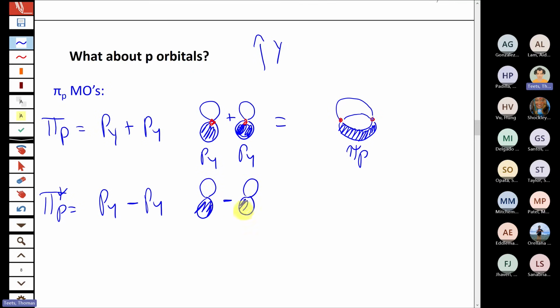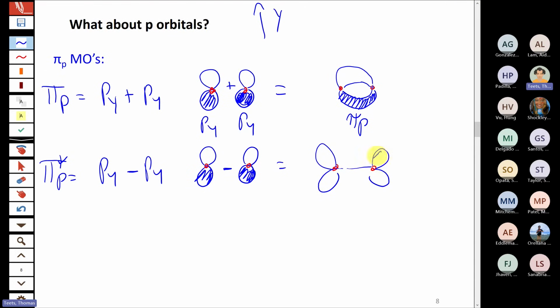When you subtract orbitals mathematically, if you want to think about it graphically, that means you're taking one of them and flipping it over. And so when we do that, what we end up with is an antibonding orbital that looks kind of like this. You're going to have your two nuclei. I'll draw the bond axis to help me a little bit, but you don't necessarily have to have it there. All the electron density is now outside where the nuclei are. And you get this out-of-phase alignment of the two p orbitals like that. And that's your pi star.